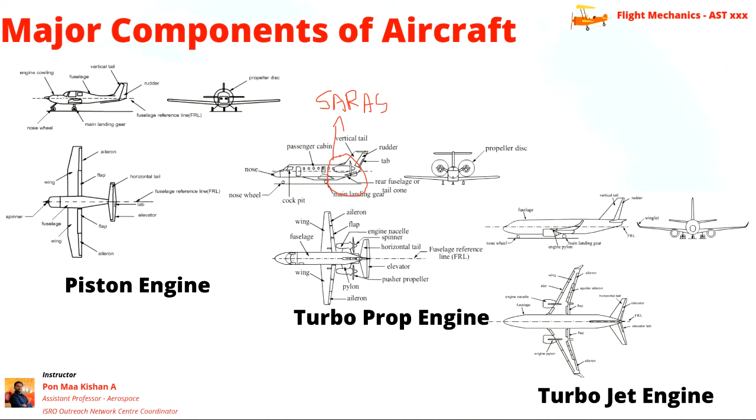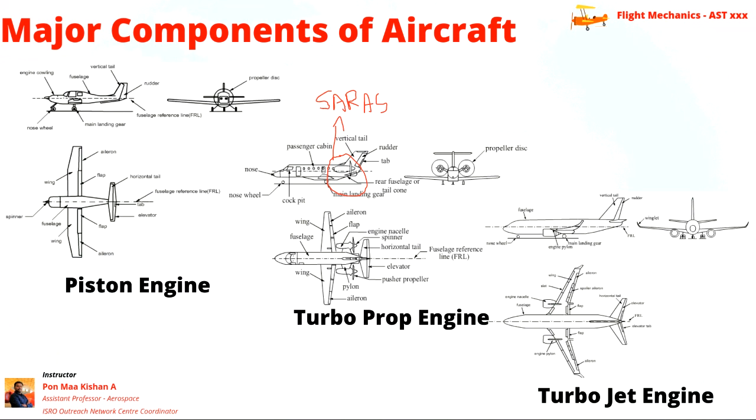So how the performance is to be, because the engine is not placed under the wing and the propeller is not placed in the forward position, it is kept in the aft position, right? So there are some performance criteria when we are comparing with a similar type of turboprop engine. We will be studying in this particular chapter how to find the turboprop engine performance and piston engine performance, as well as the jet engine performance also. So these three things we will be studying.